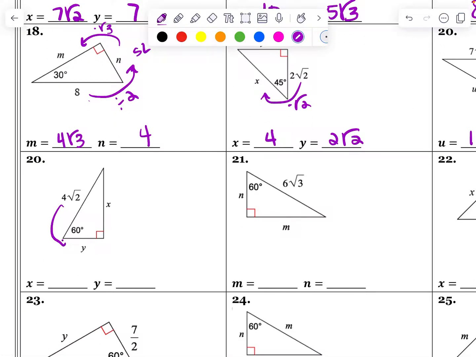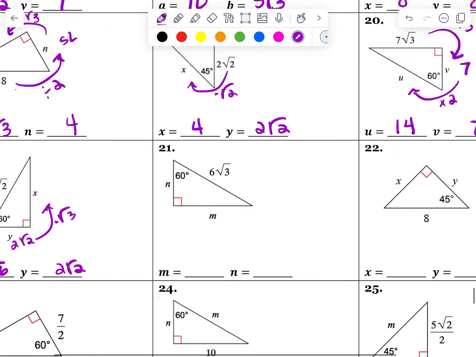All right, here I got to divide by 2 to get to my short leg. So it's going to be 2 root 2. And then times root 3 to get to my long leg. So that means x is going to be 2 root 6. Hypotenuse, yet again, divide by 2. So n is 2 root 3